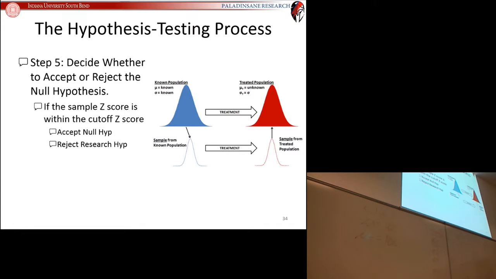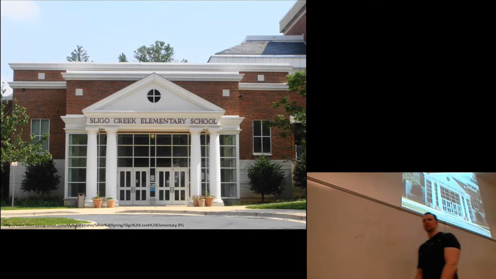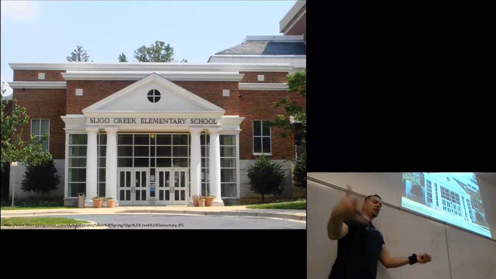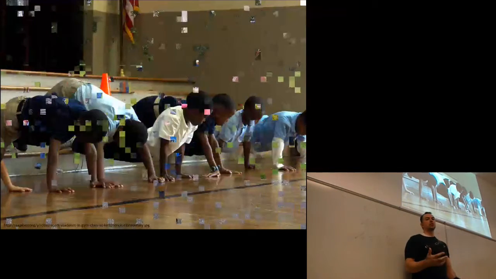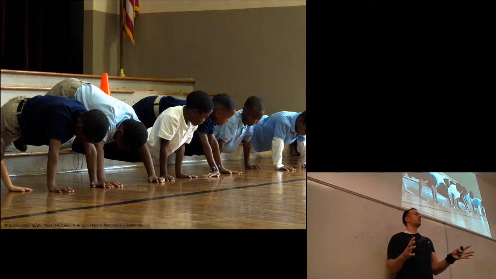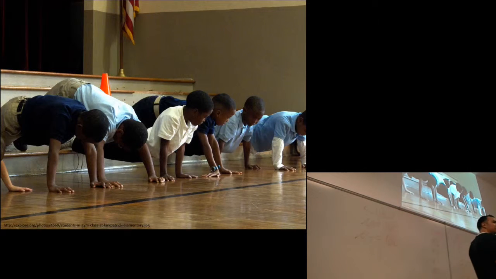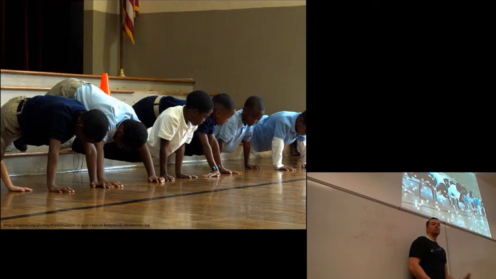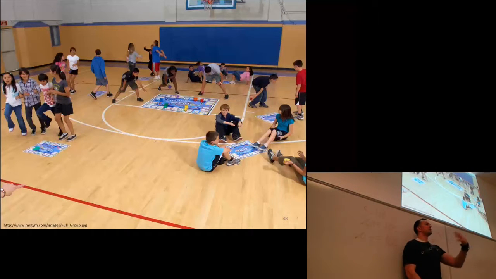All right, so that's a 5-step procedure in the general case. Let's apply it to something specific. Let's go back to this school. So you go into this school as a child psychologist. They want you to increase the self-esteem of their students. You notice that their students are doing nothing but endless push-ups in their physical education classes, and you think that might be the reason why their self-esteem is low. So you take a sample of students, and you give them this treatment that you've developed, this games program designed to raise the self-esteem of students. You put them through that treatment, you measure their self-esteem after the treatment, and then you want to know,